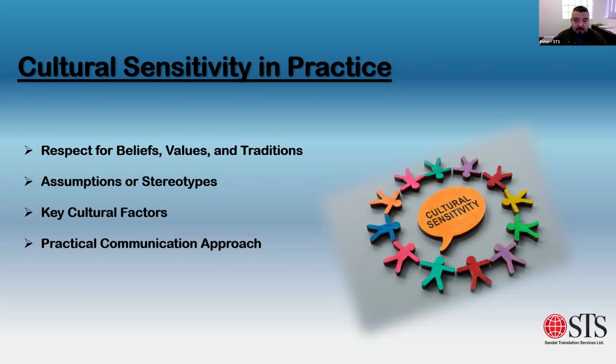Stereotypes. If any healthcare provider starts making assumptions and stereotyping people, it might end very badly. So we need to be aware that not every single person with the same background is the same as the one you had contact with, thinks the same way, has the same beliefs, or will act in the same way, right?